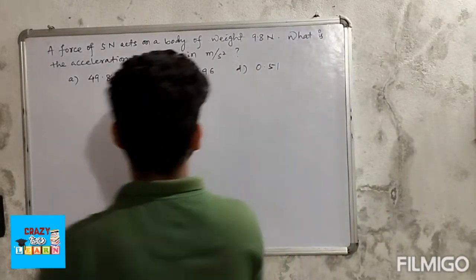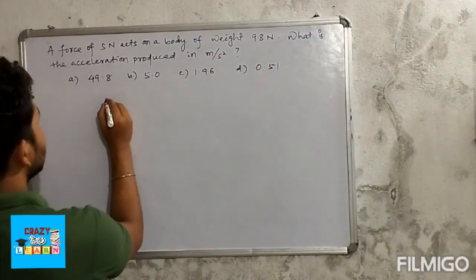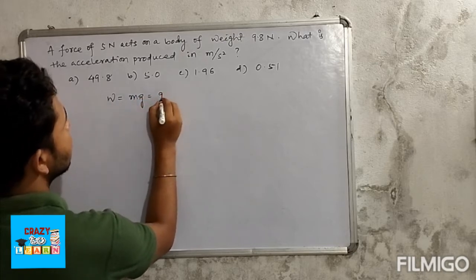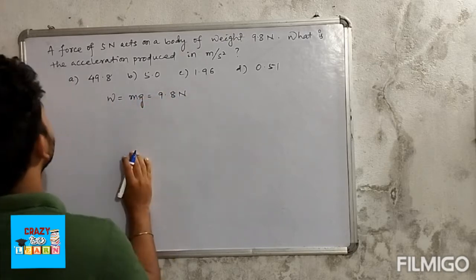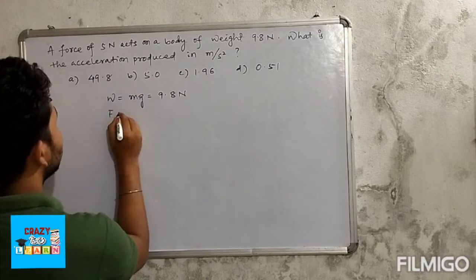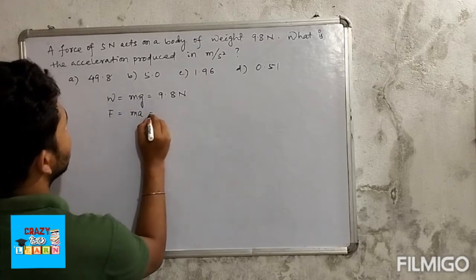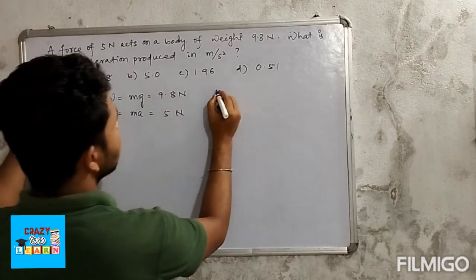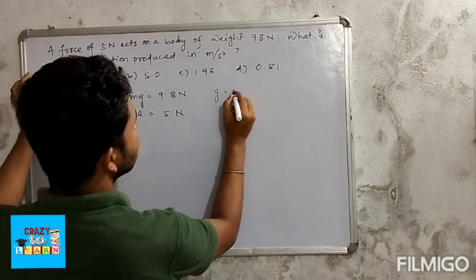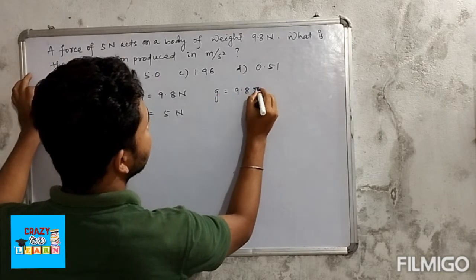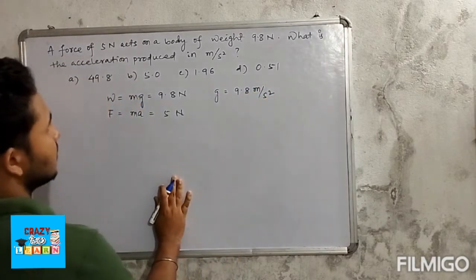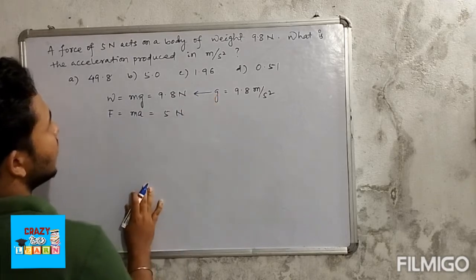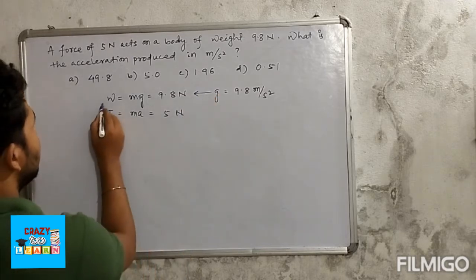First note down the given things. Weight W is equal to mg, which is equal to 9.8 Newton, and force F is equal to ma, which is equal to 5 Newton. And we know the value of small g is equal to 9.8 meter per second square. So when we put the value of g in the formula for W, we will get